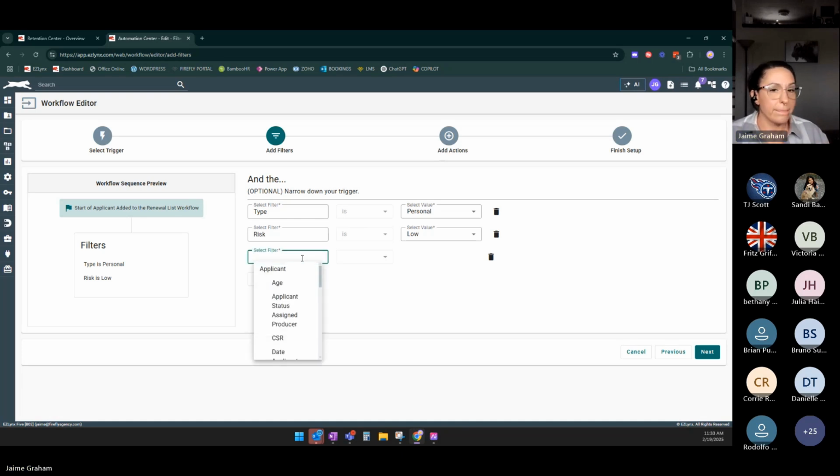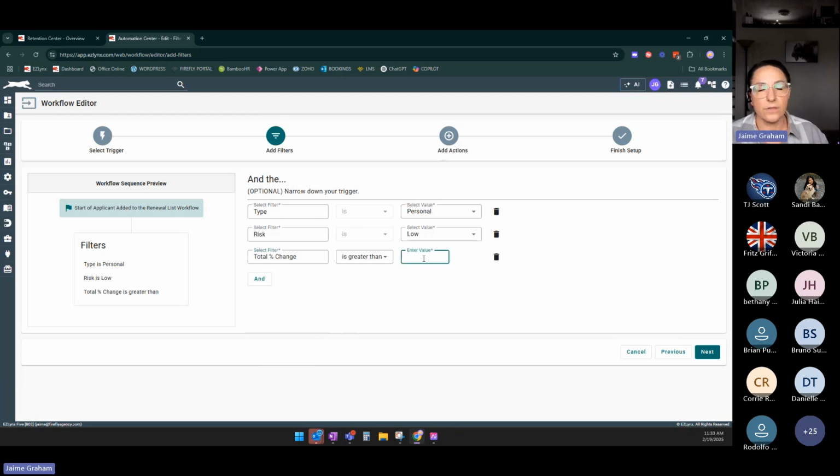Hold on 1 second here. You scroll down to the bottom and hit total percentage change. So I typically, you can do whatever you want as far as the percentage, but I would typically leave it at 15. So total percentage change is less than,